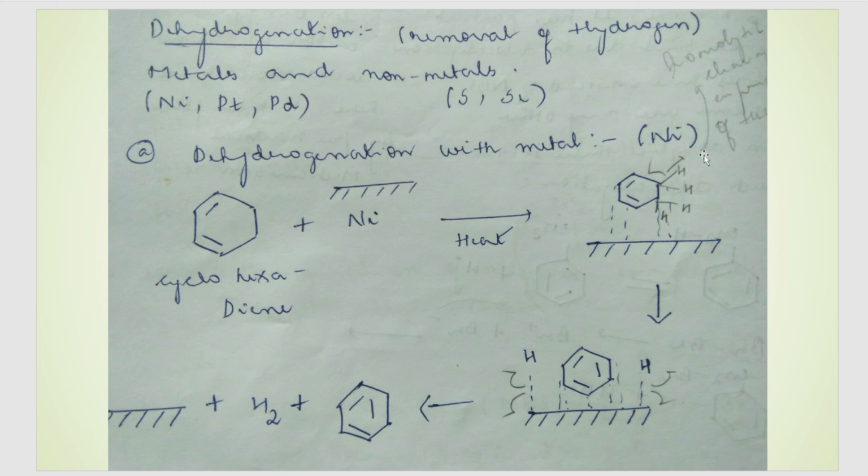And what happens to this hydrogen that goes out? It does not go out into the reaction medium. It actually is present on the metal surface like this. It forms a bond on the metal surface. And due to heating, since this reaction is continued, what happens? We get the benzene ring. It detaches itself from the metal surface and comes out. Same way, these two hydrogens, these two H dots, they combine together to give H2, and by the end of the reaction you will get your metal as such. So this is a reaction mechanism in case you're doing dehydrogenation with metal.